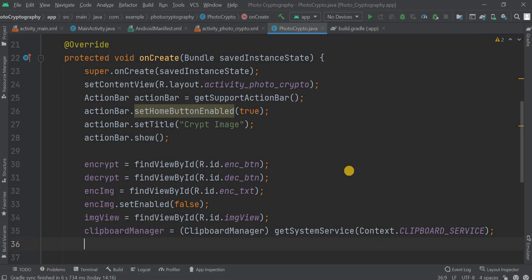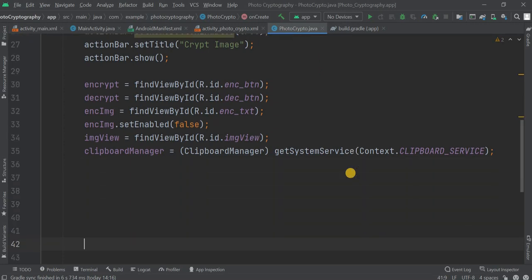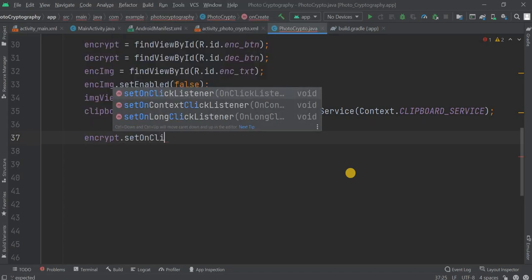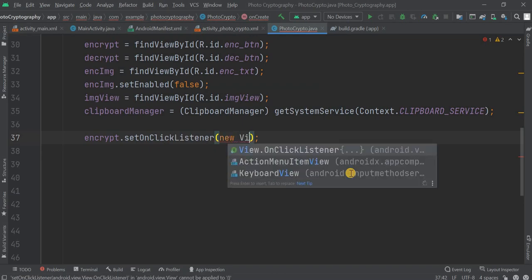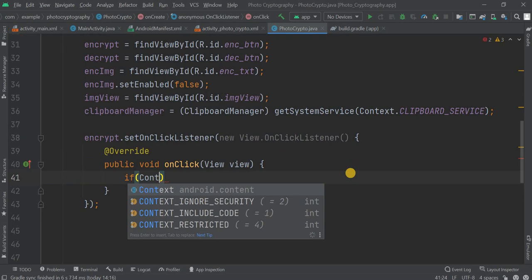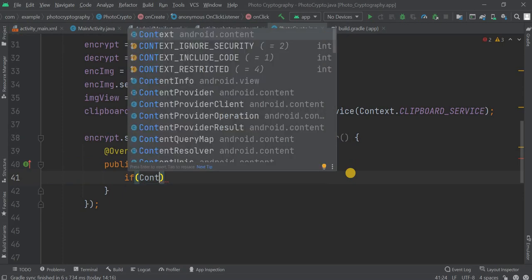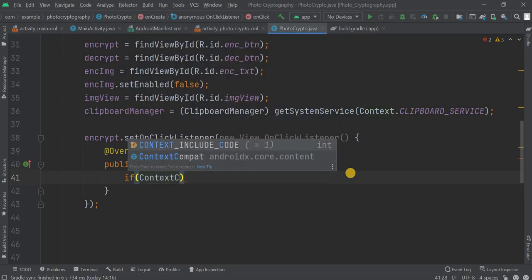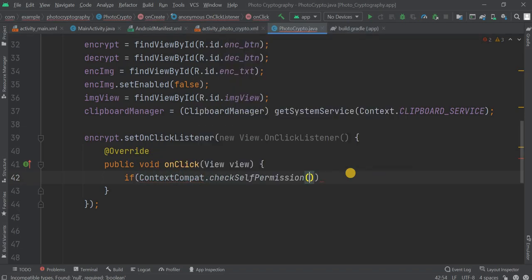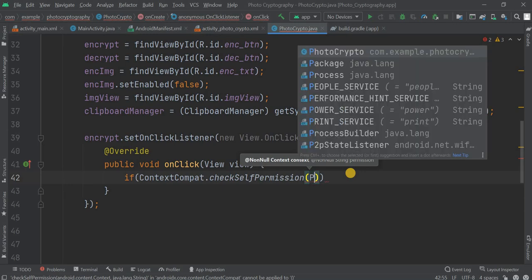Now we have to make a few functions and set on click listeners to get our work done efficiently. You can see that this project is big, but we are making it in very little time, in 51 minutes, so consider it as 1 hour. Here I am setting up the encrypt on click listener. When we click on encrypt, firstly we are going to take the image from our phone's